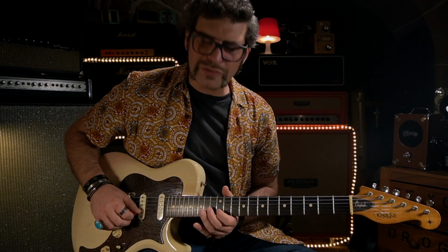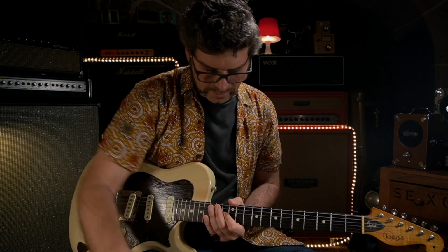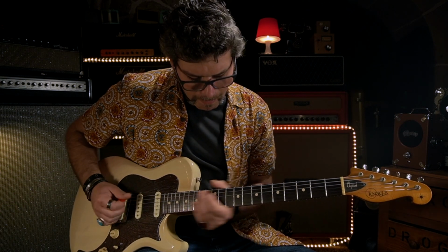If you are not familiar with the Octafuzz tone, you're probably not hearing it because I'm playing the notes here and you're hearing a tone. But if I turn it down, this is what my guitar tone sounds like. Because I'm on 3. If I turn the volume all the way up,